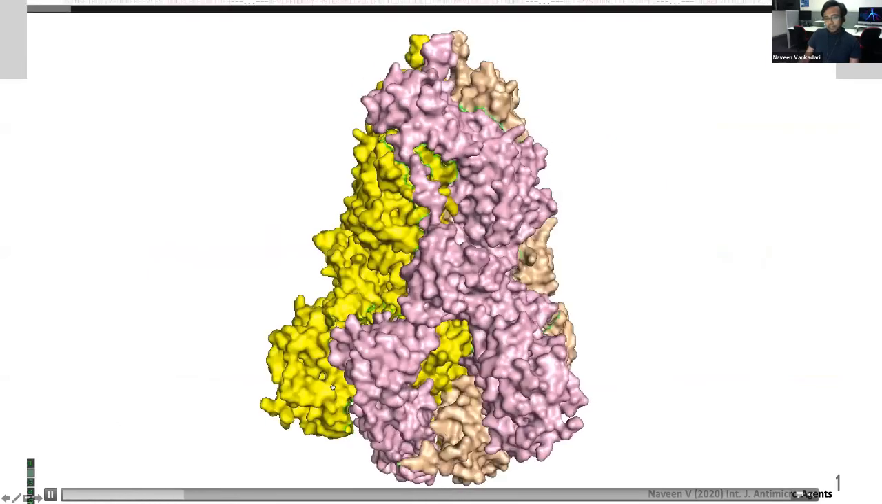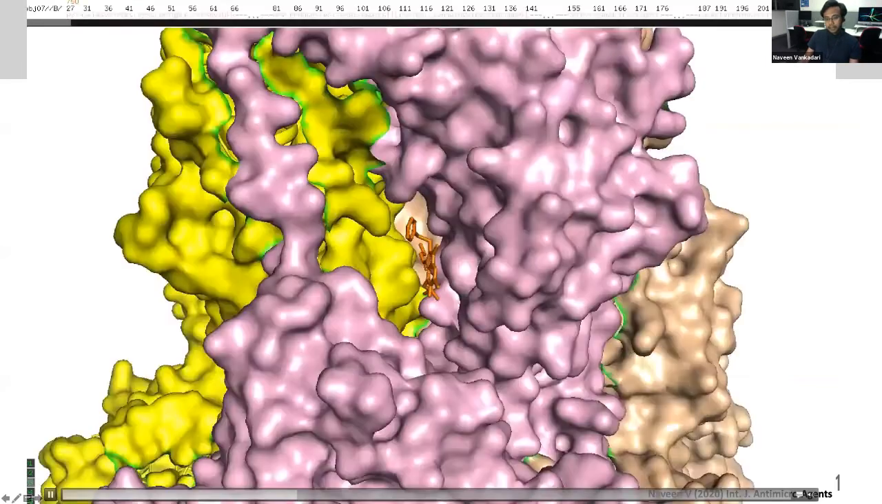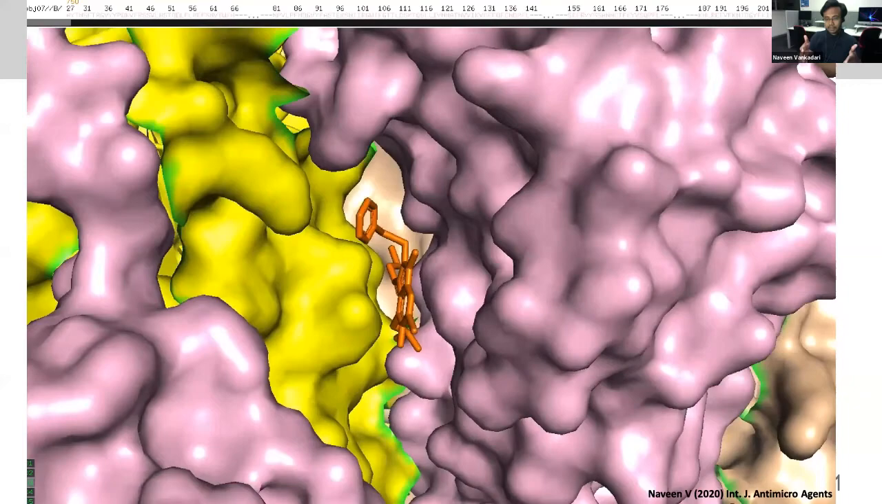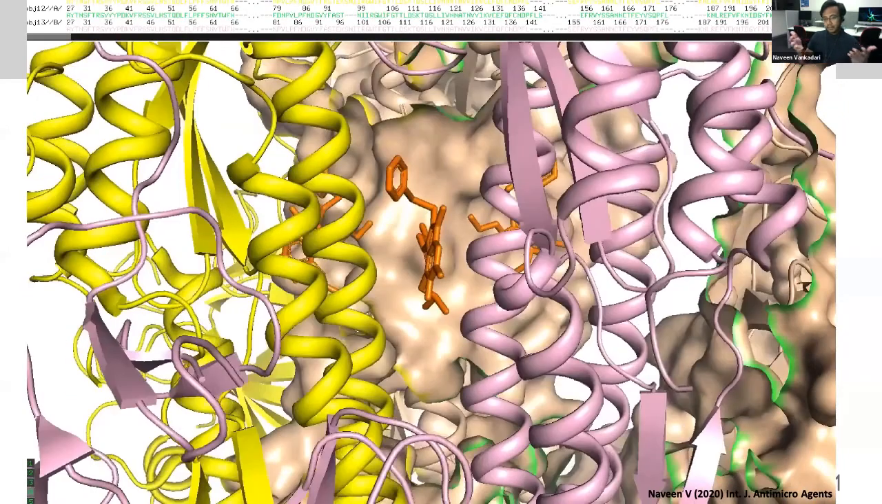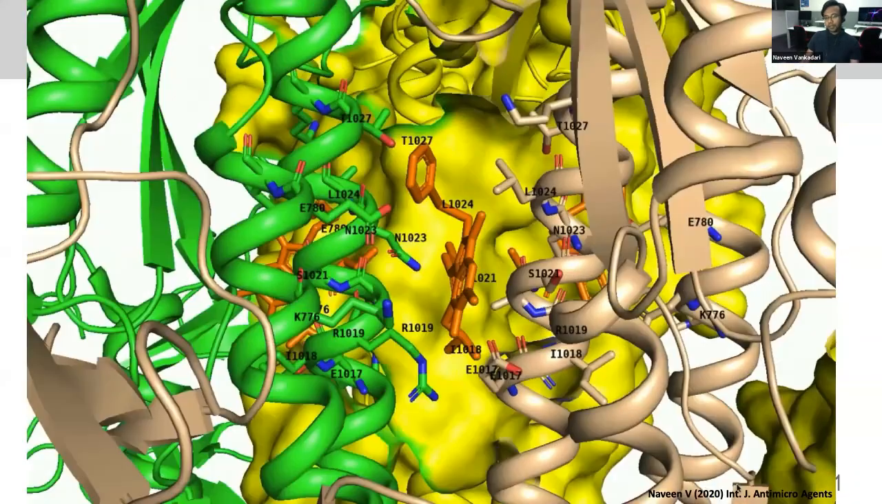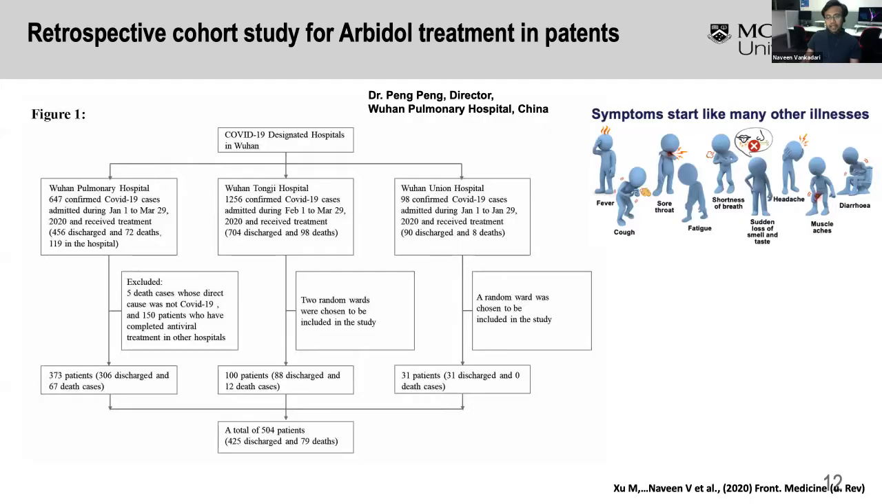In a pictorial way, it shows the spike protein binds in the deeper groove and breaks the interaction between the two monomers of the spike protein. That's how it works as well. And with this analogy and knowing the structure, we collaborated with the first designated hospital in China,